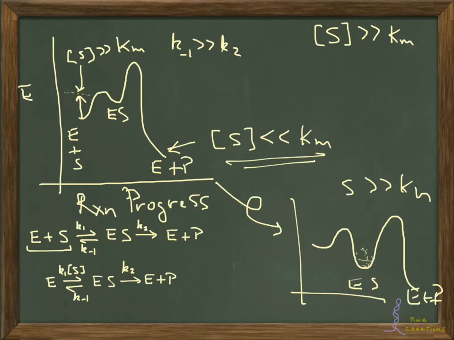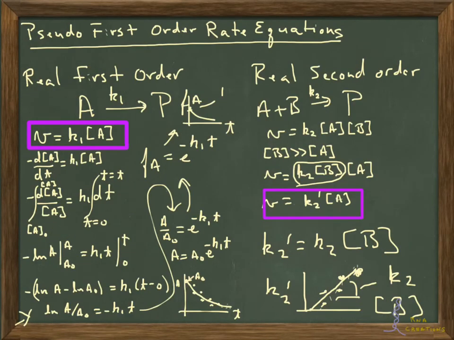Where now I have this pseudo first order constant, which is the true second order constant times the concentration of S. And we know that's not a true constant because S can change, but I'm holding it constant and in excess for my experiment. And if that doesn't totally make sense, if I go forward one slide and go back over to here,